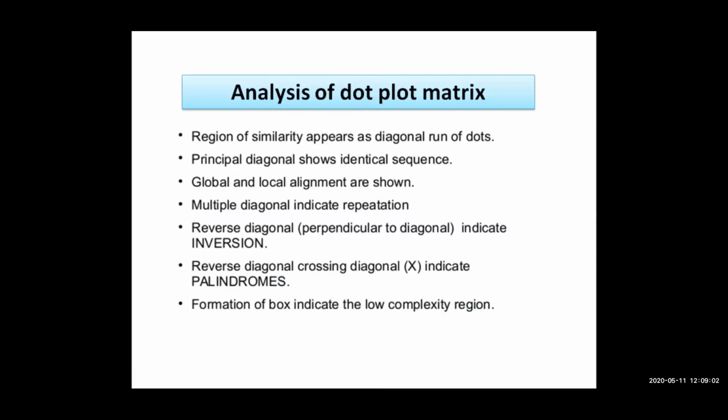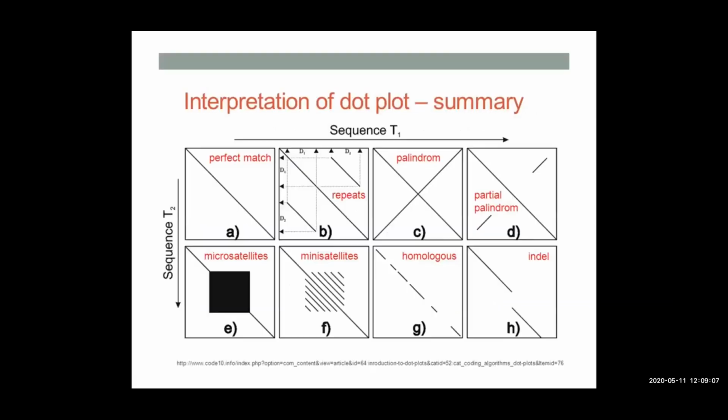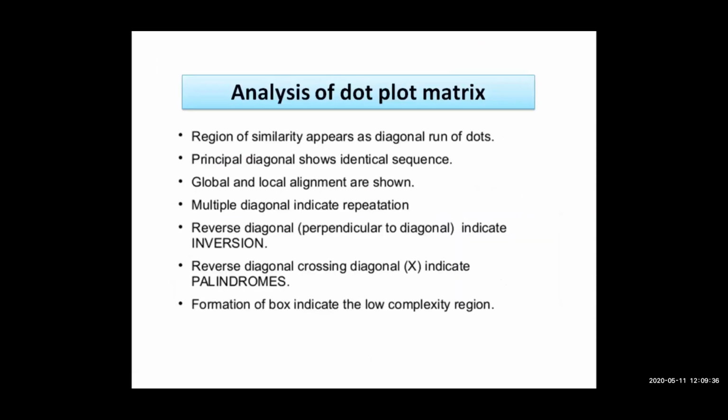So how is the analysis done? The dot plot may give rise to different types of figures. As I show you here, it may show you different types of figures. It may be a diagonal line all through. It may be a diagonal line having a break in between. It may be more than one diagonal line. It may be a crisscross line. It can be one diagonal and two small lines like this. It can be broken lines like this, so like that. So there are different ways of appearance of the lines. So how it can be interpreted and analyzed, you see.